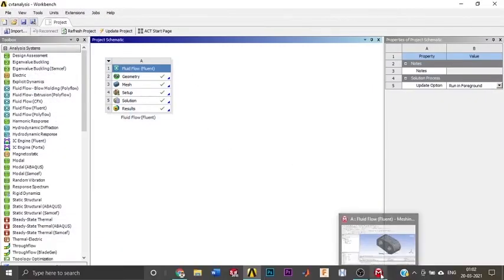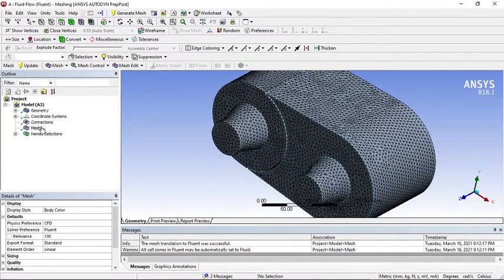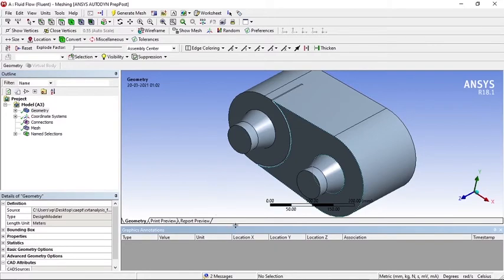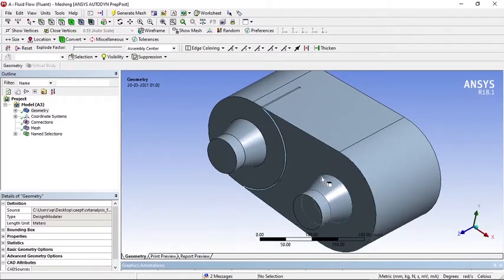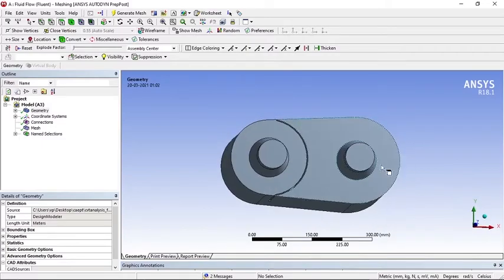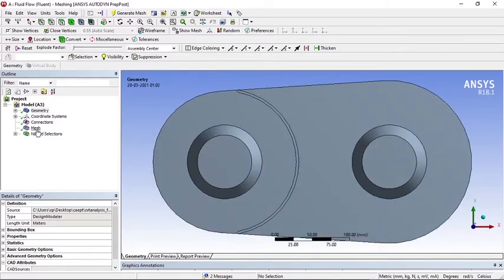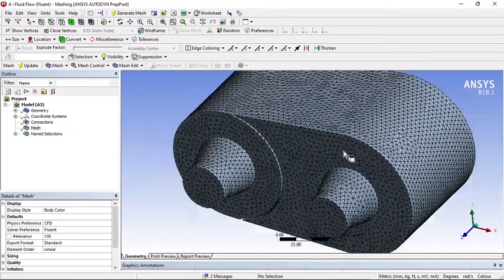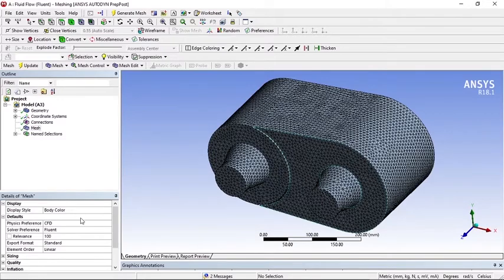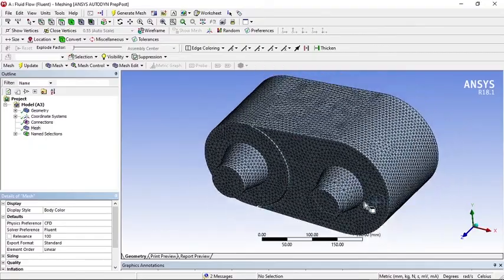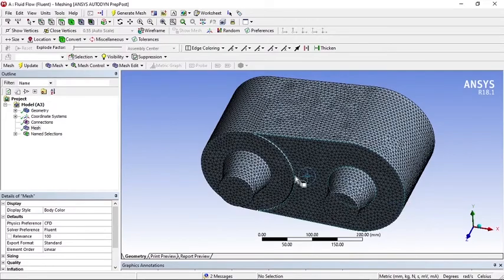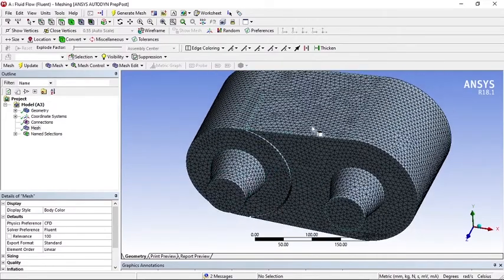Now the next step is to open mesh. The user interface that you will be guided to through ANSYS looks somewhat like this. Here we need to mesh our components. There is no compulsion as to which mesh you should go for in CFD analysis. For my preference, I have kept it standard mesh with a relevance of 100. This gives a fairly good enough mesh for performing the analysis. But if you want accurate results, then you can go for a higher quality mesh.